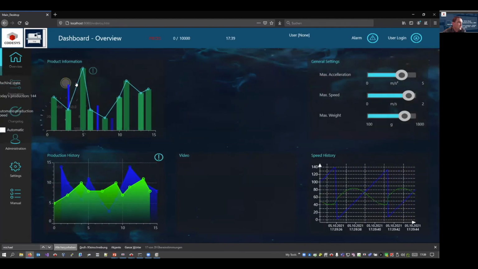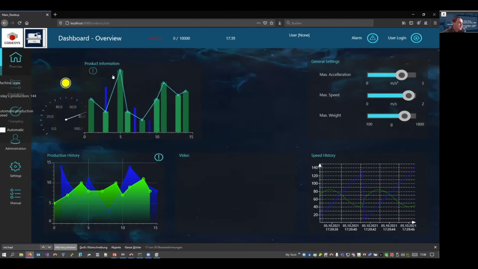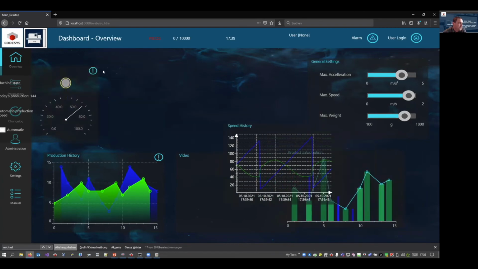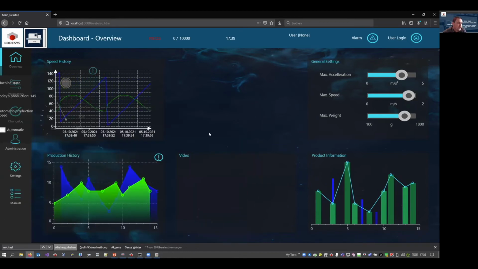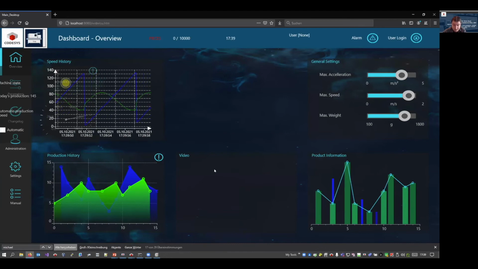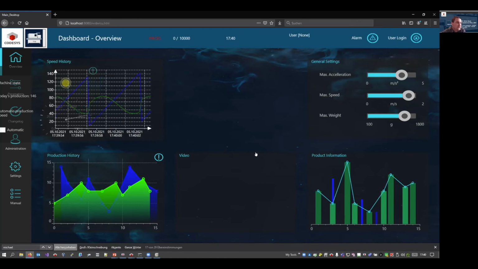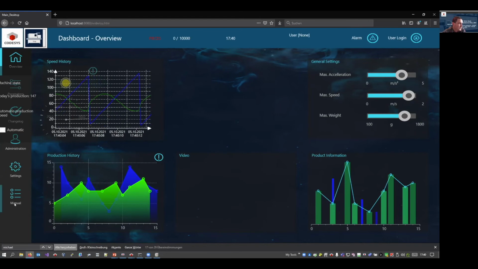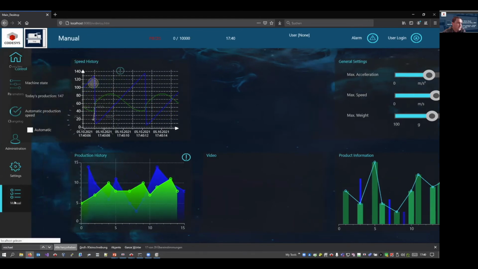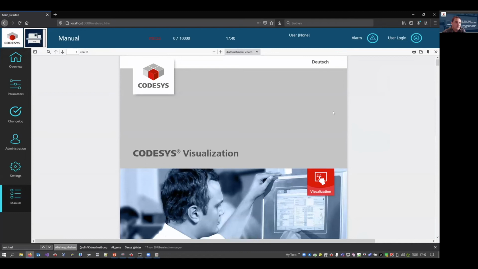When I go back to this main page, I can open a dialog by clicking on this informational button, and you see it can also be smoothly inserted onto the screen and moving out of it. So a powerful and well-looking feature of the visualization, and it's easy to configure the according screen and the according animations. And of course, we have already seen it's possible to embed a web browser control into the visualization, which